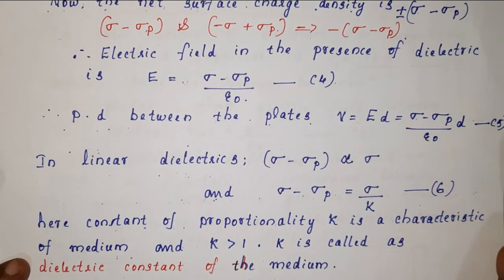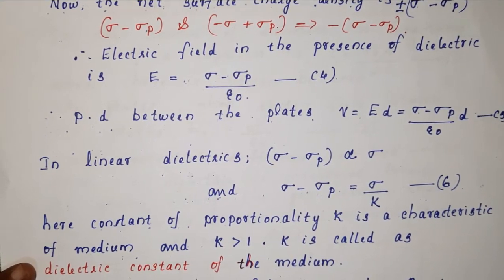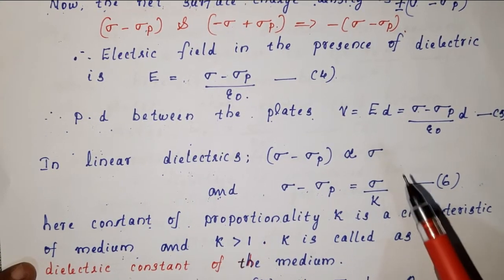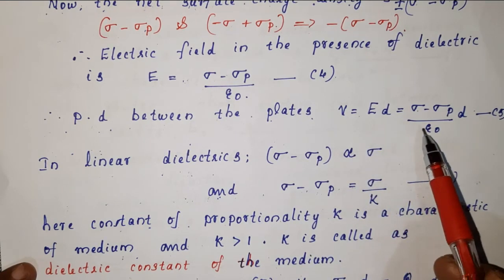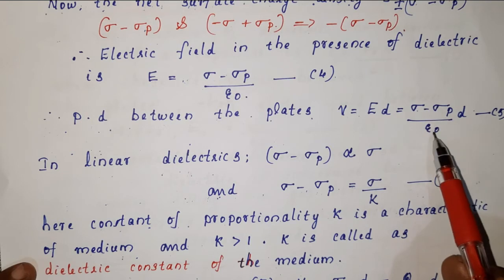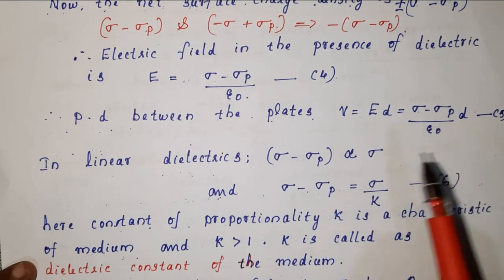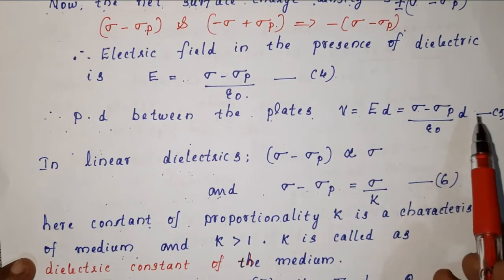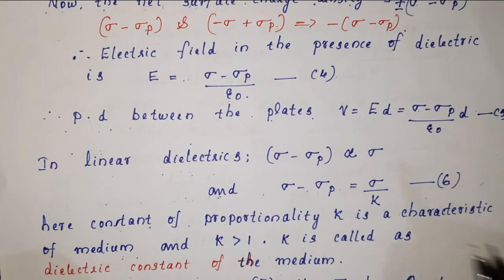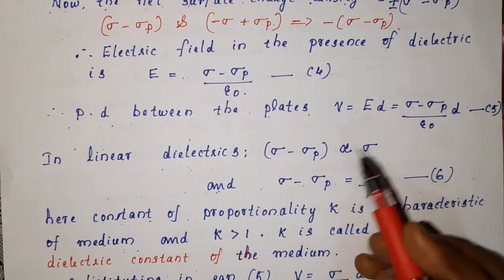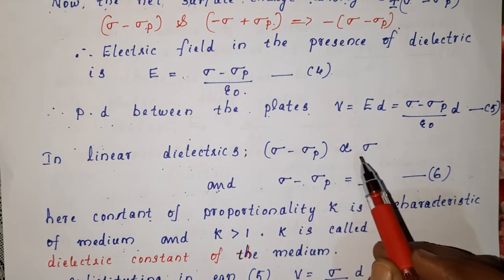So what will be the potential difference between the plates? The potential difference between the plates becomes V is equal to E into D, that is, sigma minus sigma p by epsilon 0 into D. Okay. Now our aim is to find this sigma minus sigma p. So for linear isotropic dielectrics, sigma minus sigma p is